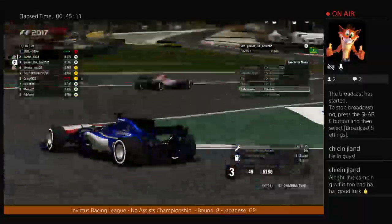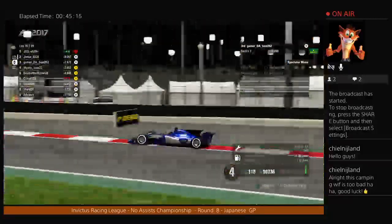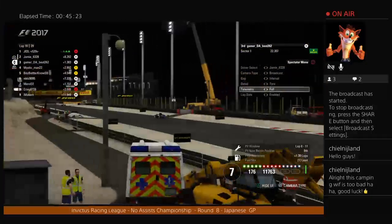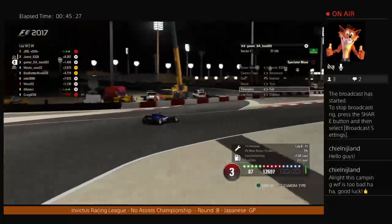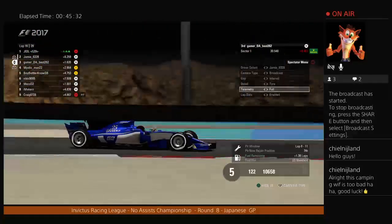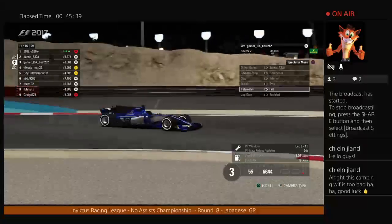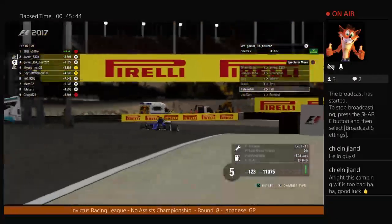Gamer has not shown the pace that we've seen over the races he's been in before, so it's not quite a track that suits the Sauber car today, and that may be the reason for his pace going, as Craig does come into the pit lane and drops down to last. But now on the super soft tyres, we'll hopefully see Craig drop in some real hot laps if he's going to look at making up the time difference on these guys on the mediums. So Craig now with